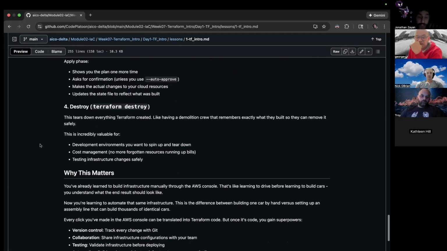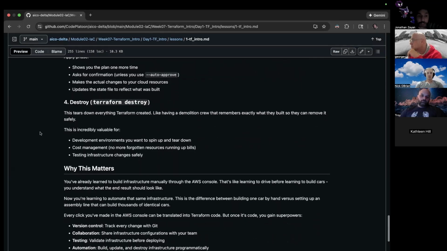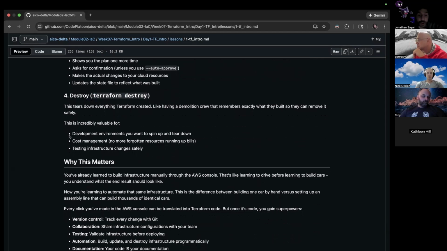There is another one that's also important, especially because we're not trying to spend so much money always, right? That's always the thing with any business. Terraform destroy. This tears down everything that Terraform created. This is like having a demolition crew that remembers exactly what they built so they can remove it. This is incredibly valuable for development environments. So when we're doing our labs, we are going to destroy our stuff at the end of the day.